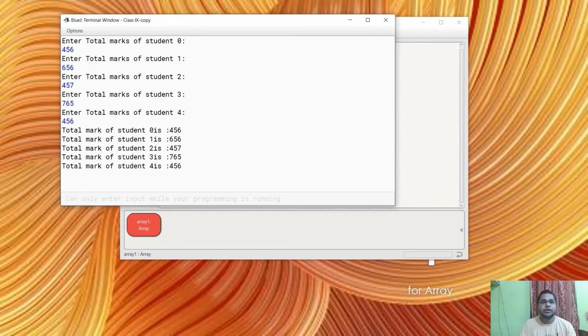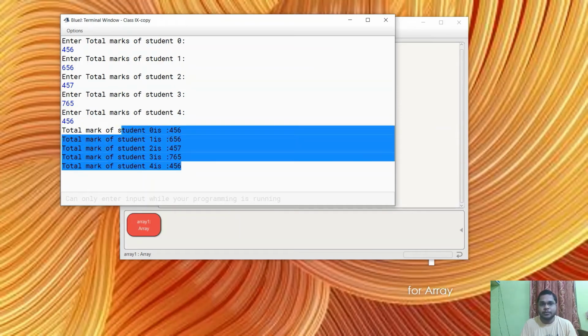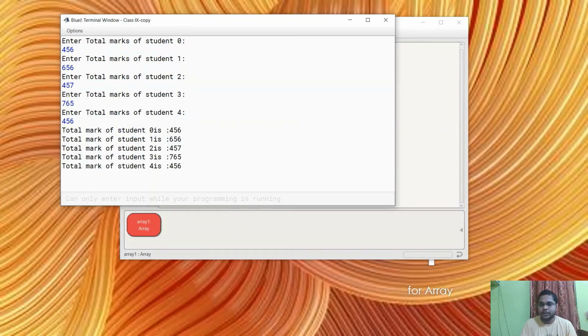Okay, here it is, total 5 students, total marks are displayed. So this is all about the array. You already know how to create or declare an array, how to access the array using its index number, how to store in it, and how to print the whole array using your for loop.